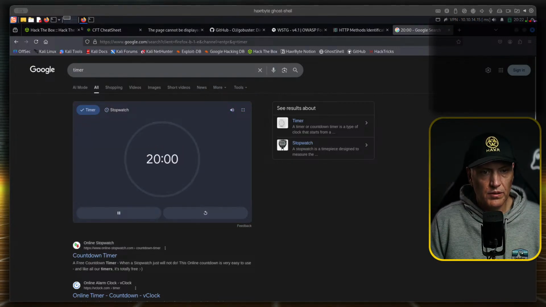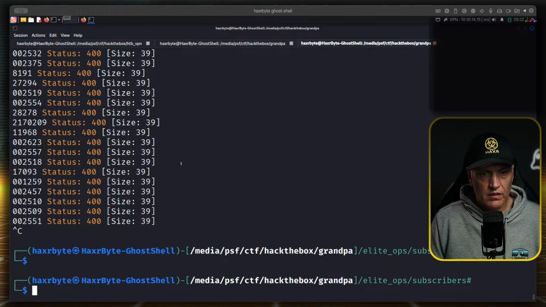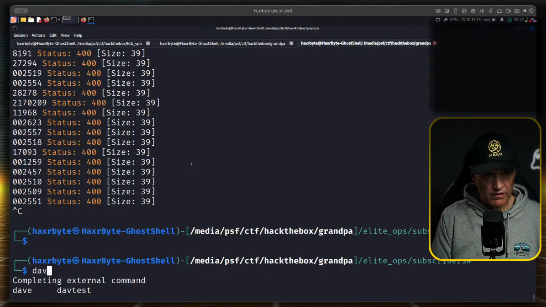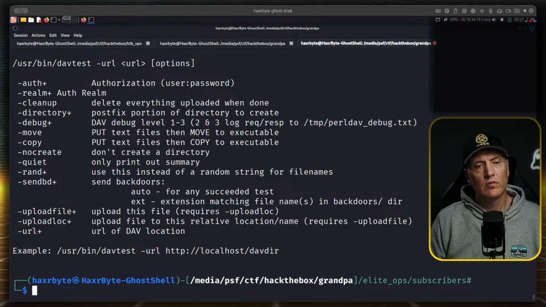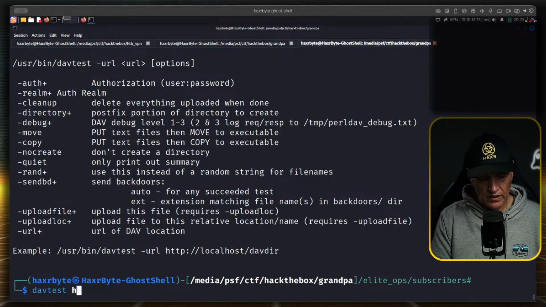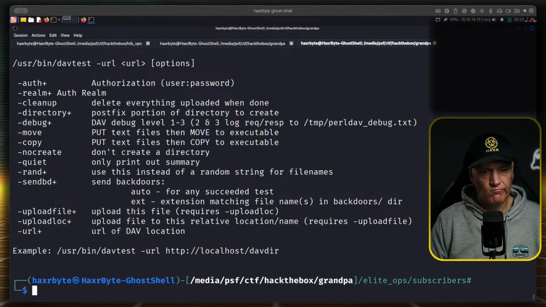Let's do another 20-minute timer. Davtest. Did that install? Davtest, HTB Grandpa, Hack The Box. Good.